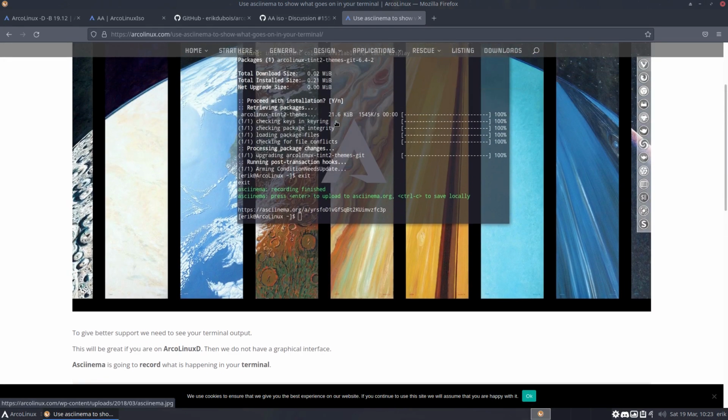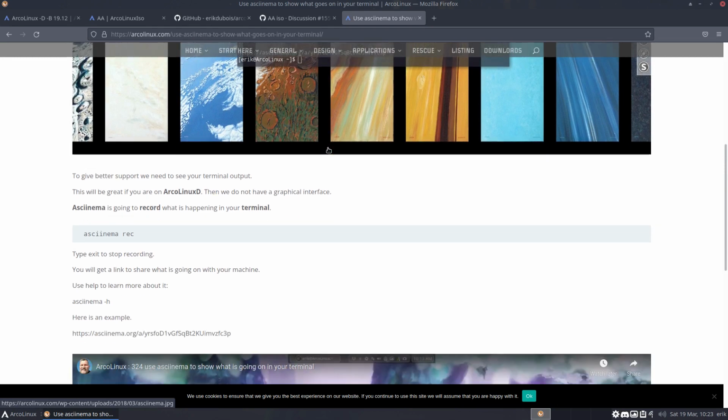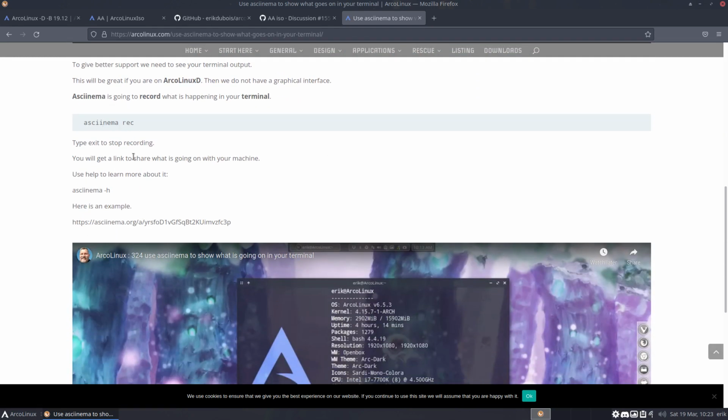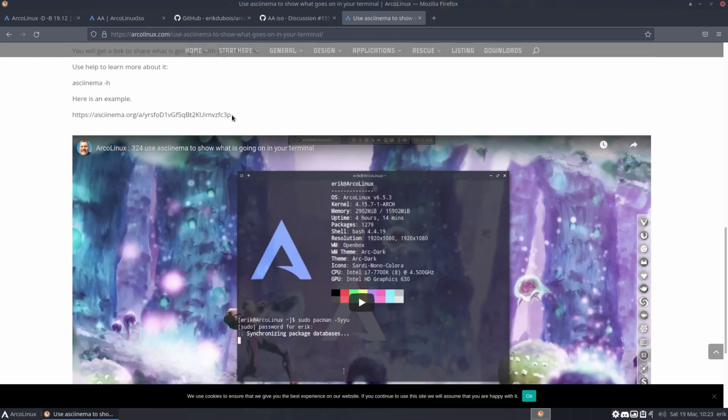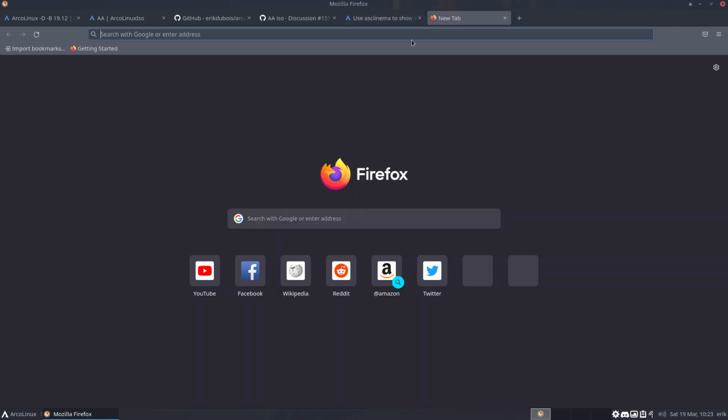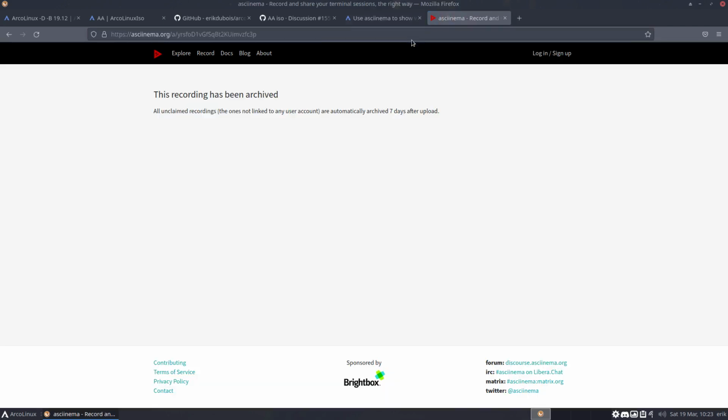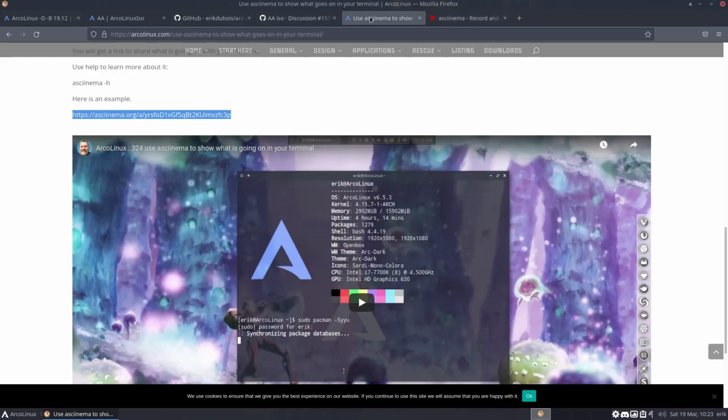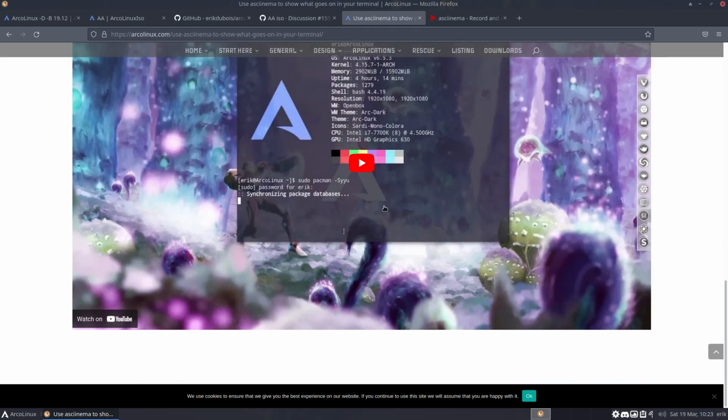Okay, it's an application that you can start. You start and you record everything, and then you get the link. And in this recording, I don't know if it still exists. Let's have a look. Otherwise, I'll make a new link. Voila, archived. Right. All unclaimed recordings, the ones not linked to your user account. And then maybe I should make a user account so the link stays the same, so you can look at it. But okay, it's in the video. But